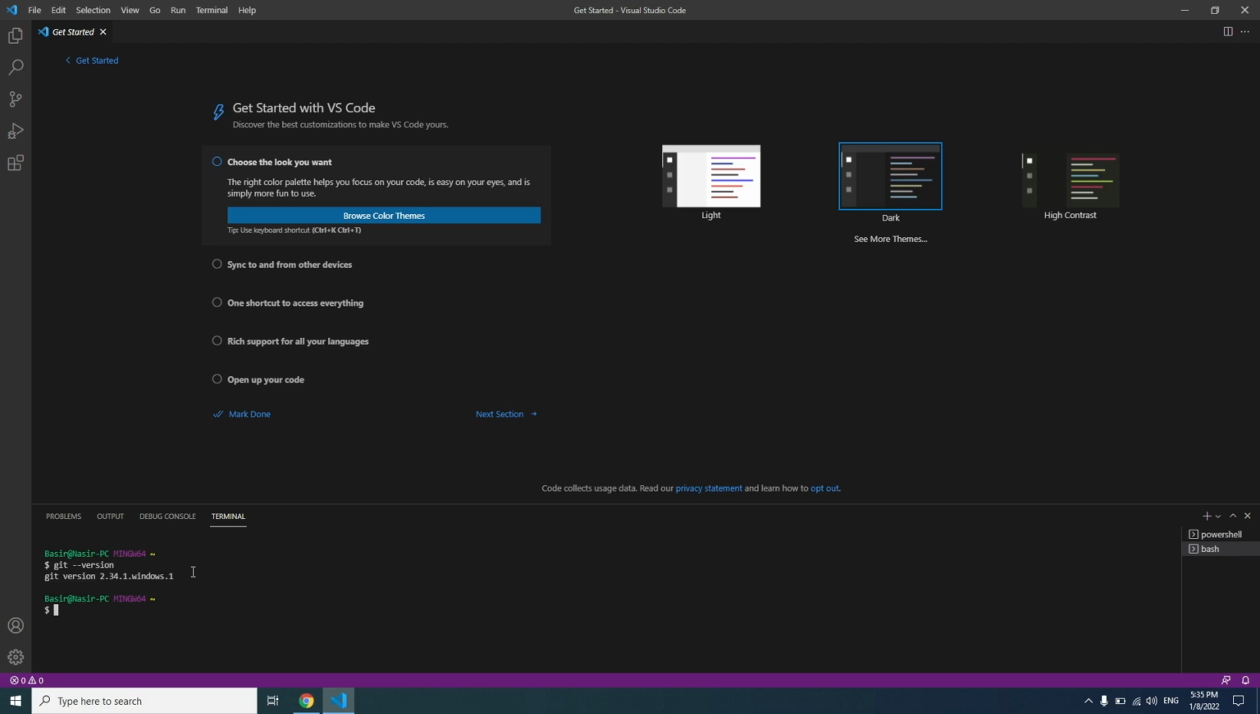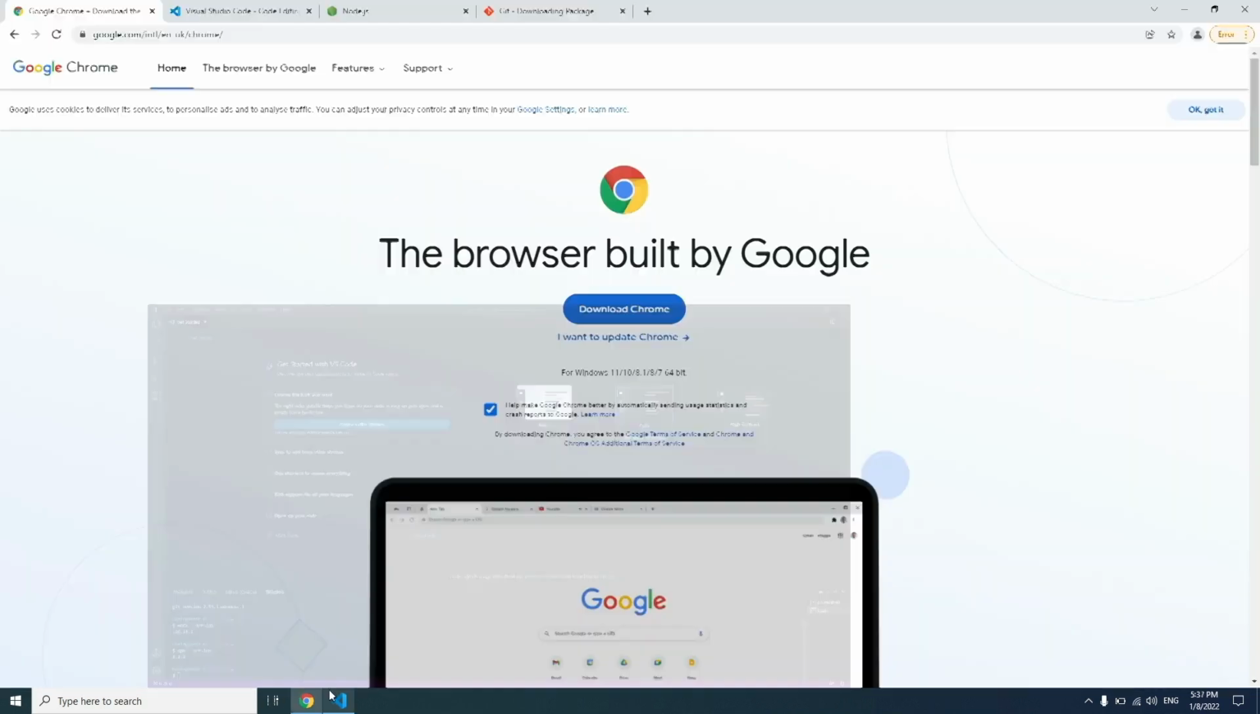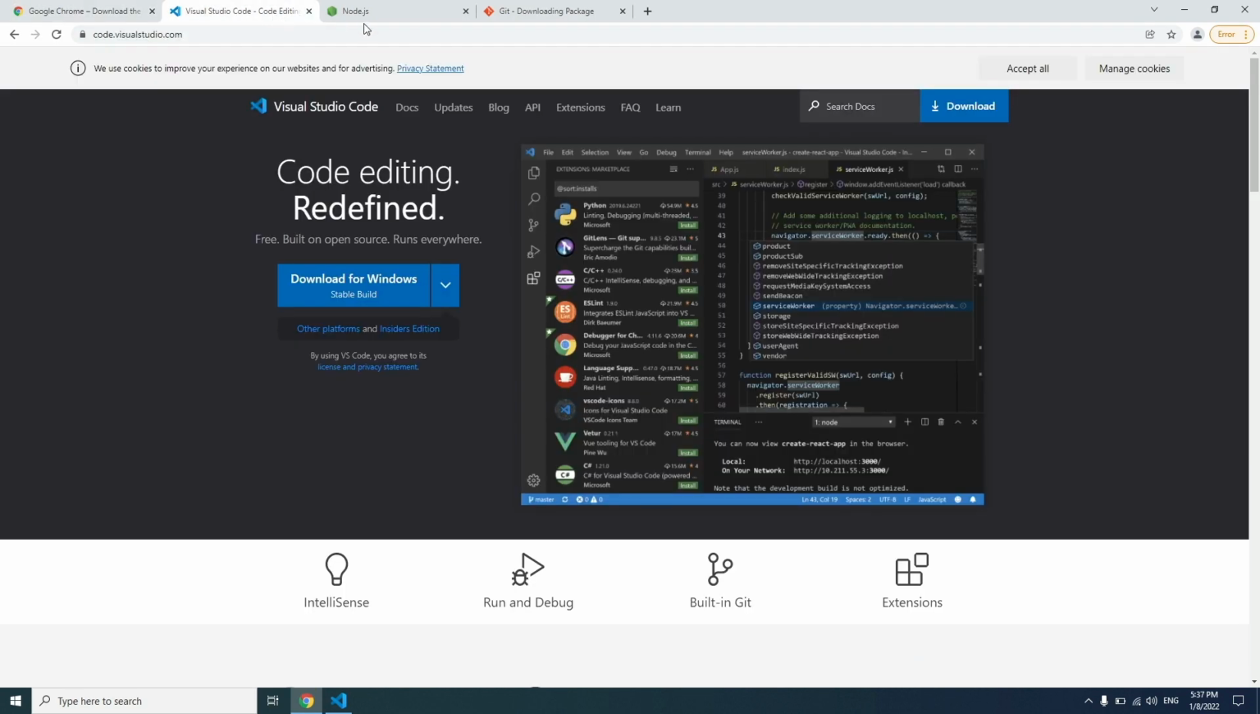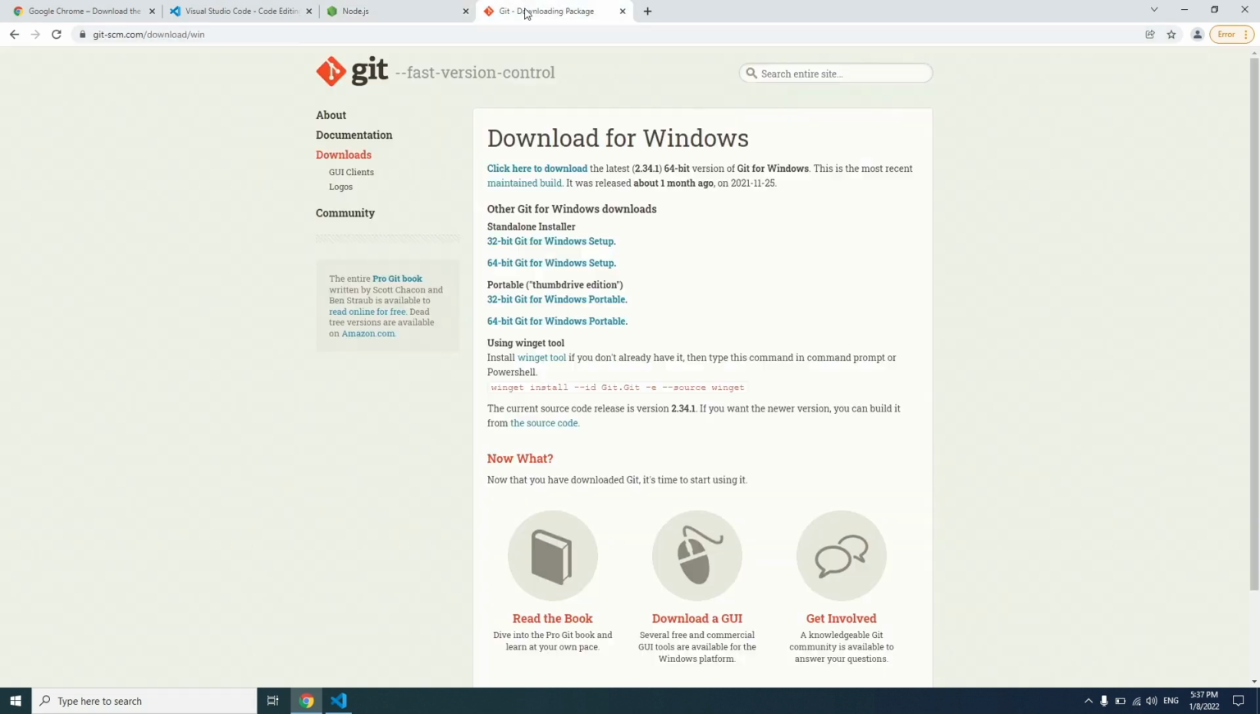Let's check the Node version, node --version. Awesome, we are using version 16.13.1. Check NPM version. We need all of them for this course. And we are using version 8.1.2. That's it about installing Google Chrome, Visual Studio Code, Node.js, and Git